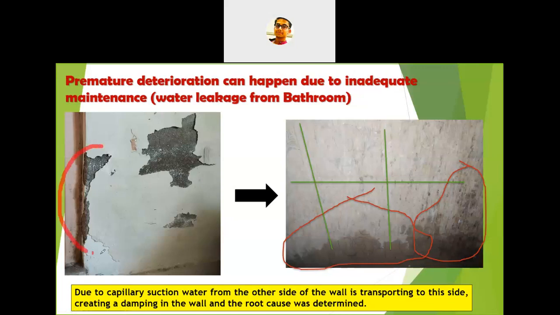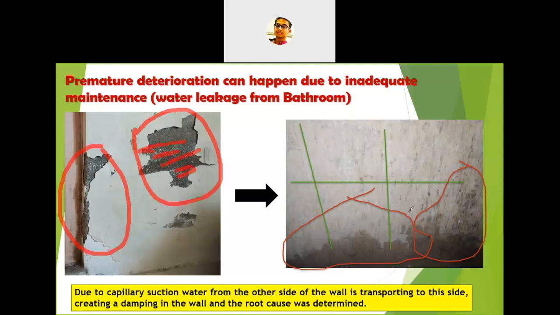Fully the place has been damaged. The concrete, the paint is fully coming out, and the surface of the concrete is also getting a lot of scales forming. So now what we did is we went inside the bathroom and we saw that the sealants